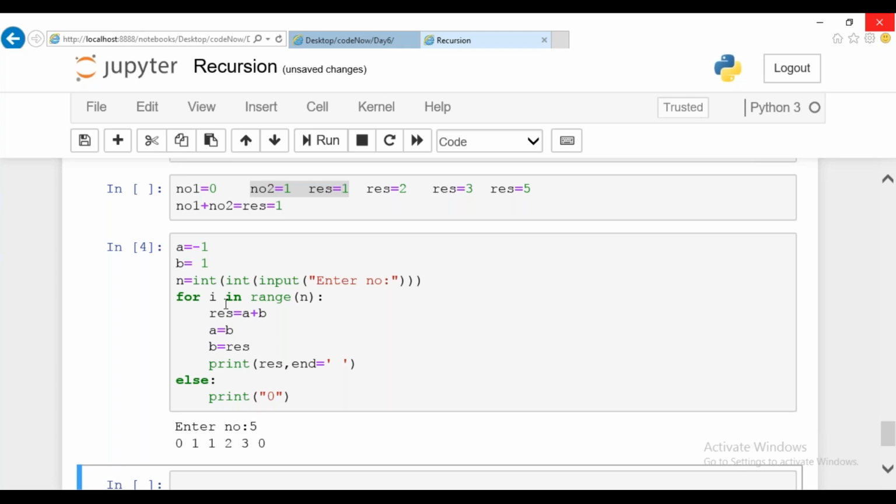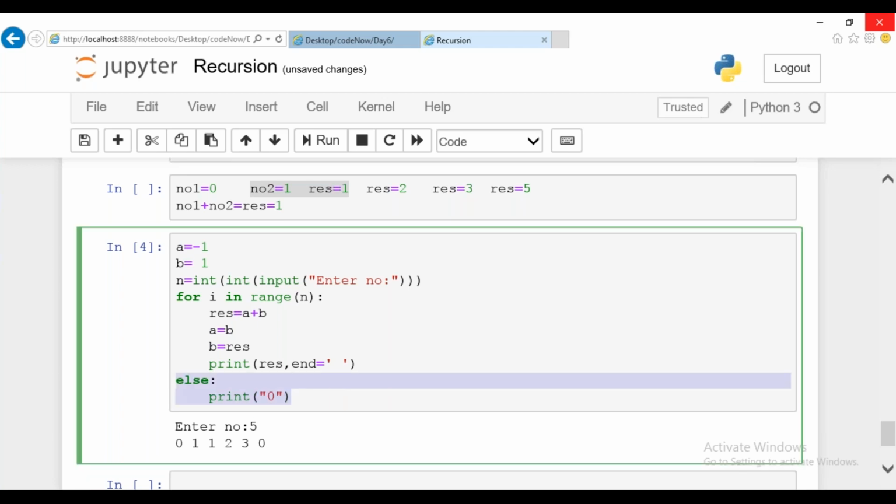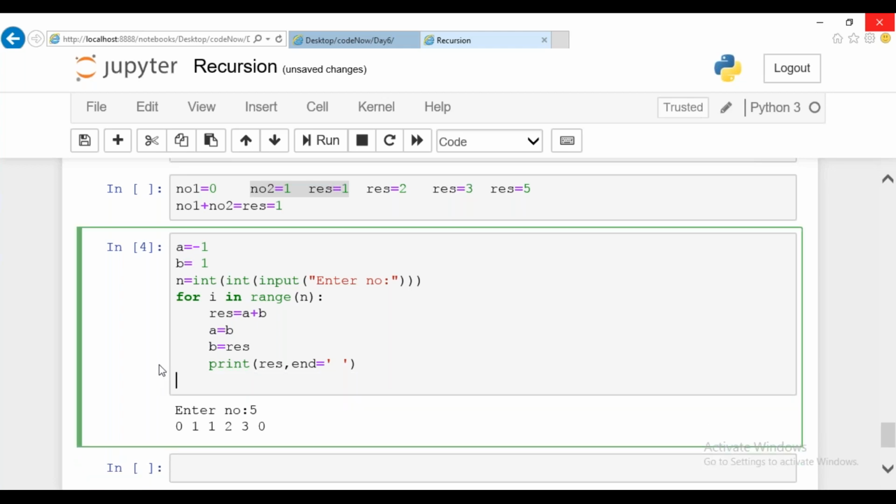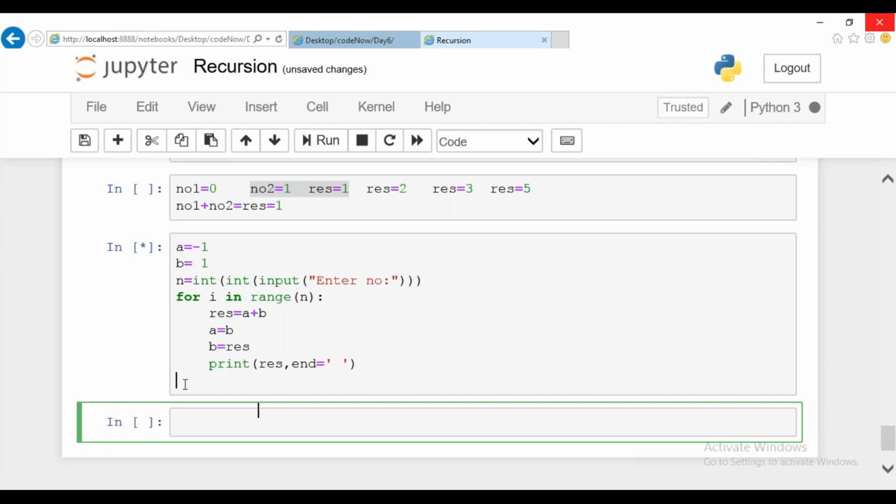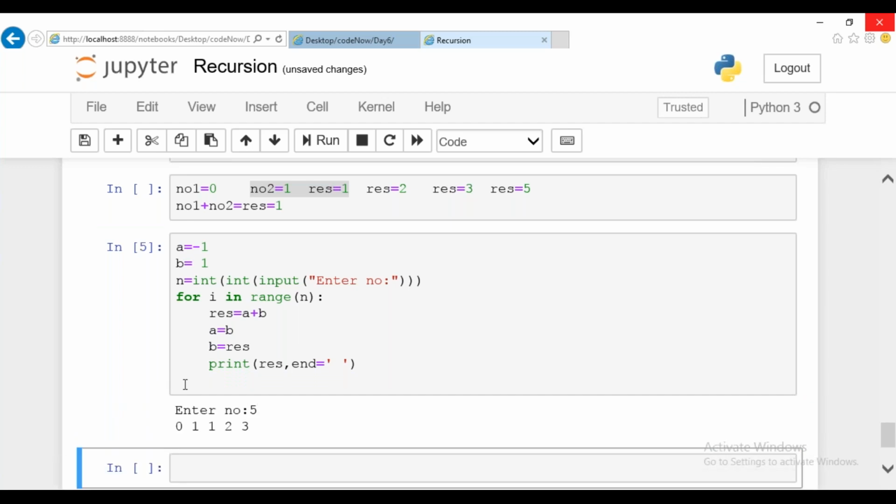This else for loop should not work. Okay, we'll remove this one, guys. Just a minute. Fine. Guys, is this clear? The code what you wrote, the same thing. I didn't use any different logic behind it.